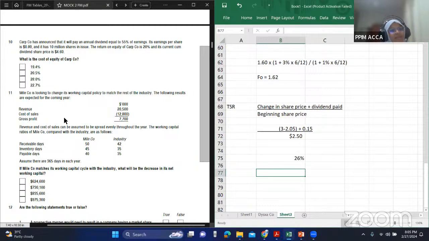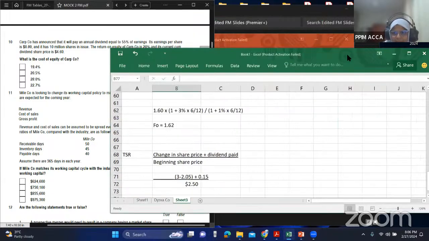How can you calculate the cost of equity? I'll give you a minute to think about it, and then I'll go to a summary like business valuation, another summary, and then we'll come back to the question. Right. So to calculate cost of equity or KE, there are two different methods. Let me show you them really quickly.